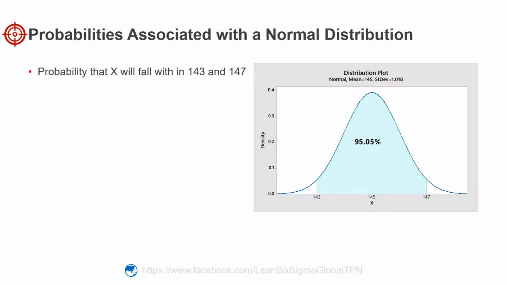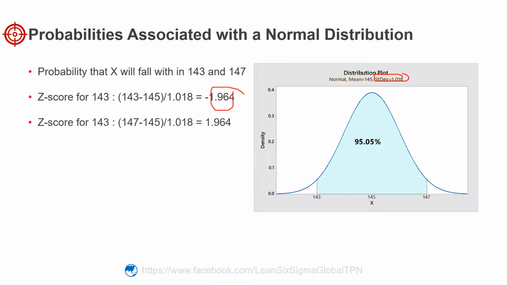The standard deviation of the phone weight is 1.018. So 2 grams is 1.964 standard deviation units. The z-scores for phone weight 143 and 147 are minus 1.964 and